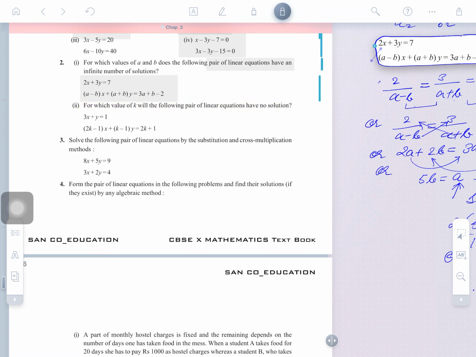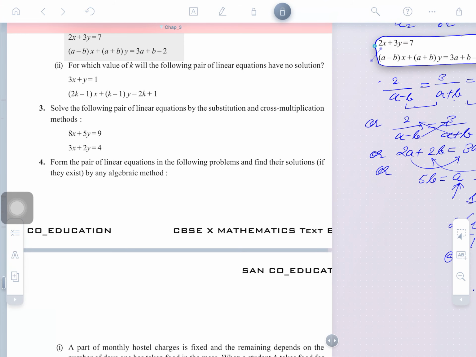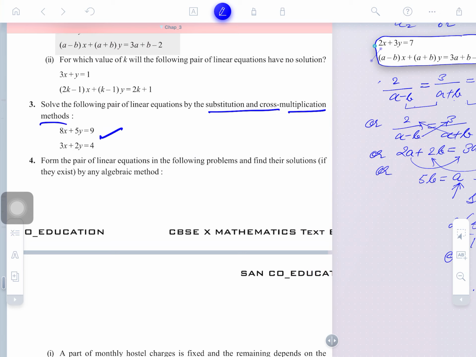Now the next question. What is the next question saying here? Solve the following pair of linear equations by substitution and cross multiplication method. Can you use the substitution and cross multiplication method? Yeah, of course. So this is your assignment. Now you have to do more work. These are a lot of questions. If I solve on the screen, it's obviously my passion to teach here. Many questions I can just solve on the screen before you, but it's up to you. You have to think how many questions you have to solve. At least 5 to 6 questions to be solved by you.